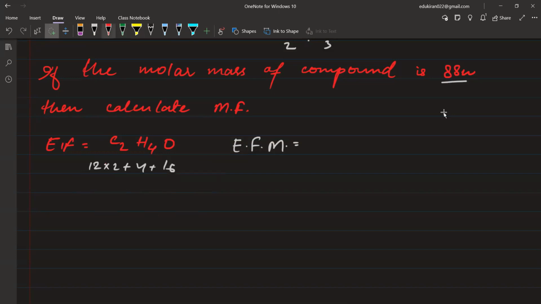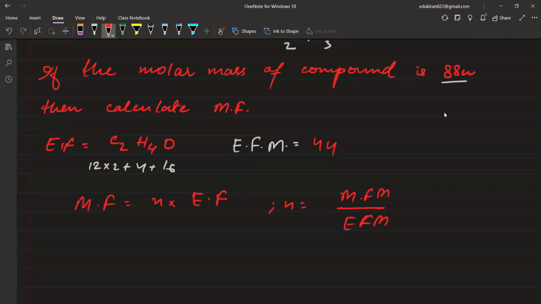हाँ ठीक, 44 है, my bad, 44. So molecular formula is equal to n into empirical formula होता है ना, ठीक है? Yes. What is n? n is equal to molecular formula mass divided by empirical formula mass, सही है? Yes. ओके, so 88 divided by 44 is equal to 2, सही है? Yes, sir. So molecular formula will be equal to 2 into C2H4O, ये हो जाएगा C4H8O2 ना।